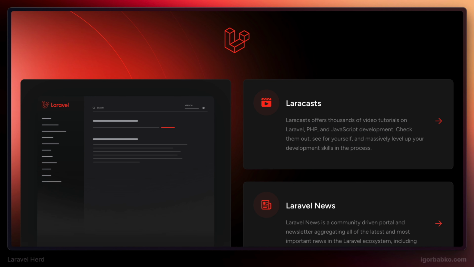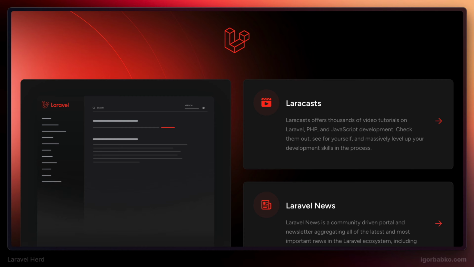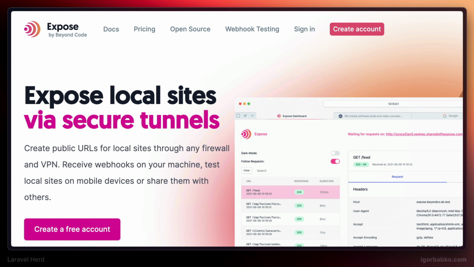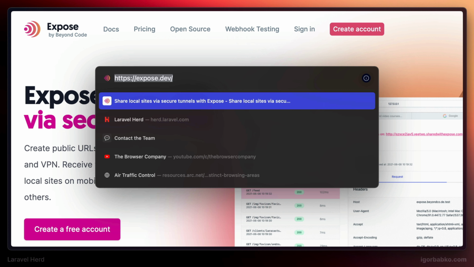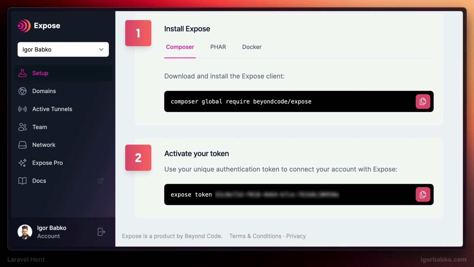Sometimes it might be very useful to make a local website available globally. And in order to share a local website and generate a globally available link, we can use a service called Expose. Laravel Herd by default provides an integration with this service and includes the expose command line utility. So in order to use this service, we firstly have to create an account, and then on the home page there will be a couple of steps listed that we have to follow